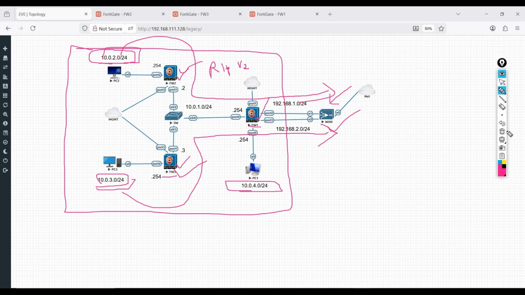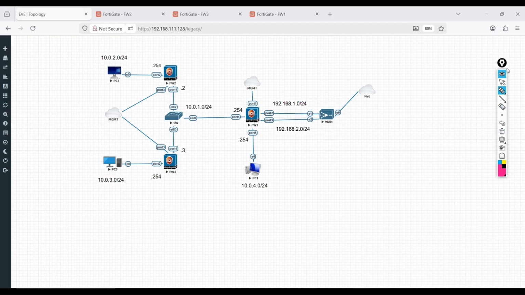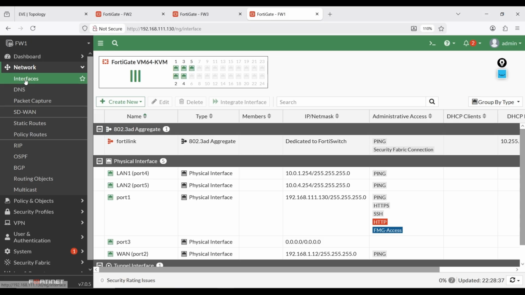Okay, let's start and begin with all the devices. I have already configured all the interfaces in our FortiGate, so let me show you. This is firewall 1, and here we have interfaces. If you want to learn how to configure the interface, you can watch my previous video.